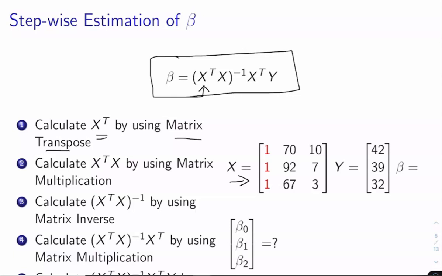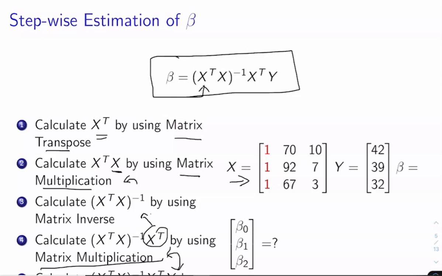In the second step, I am multiplying the output of the first step by again the input vector by using matrix multiplication. In the third step, I am calculating the inverse of the output matrix that has been generated, that is the result of the second step. In the fourth step, I am again performing a matrix multiplication with the transpose of the x input vector to the result of the third step. And again in the fifth step, I am doing the matrix multiplication, in which I am multiplying the output vector y to the result of the fourth step.